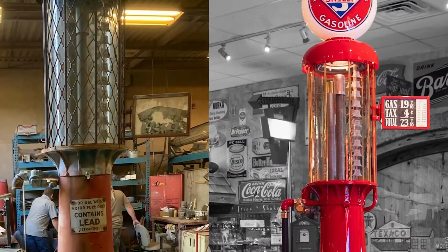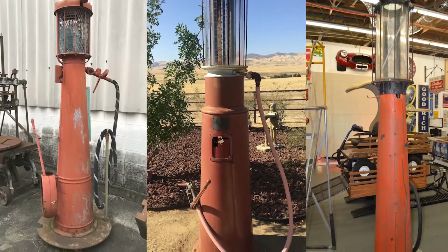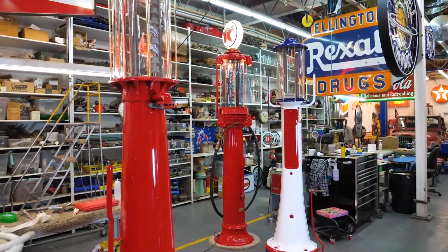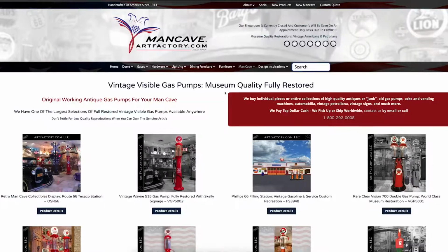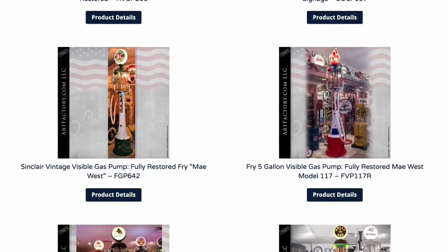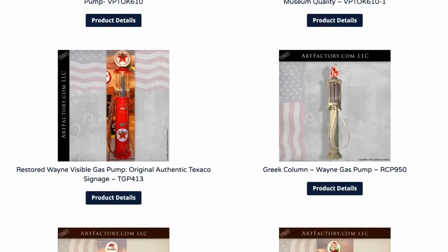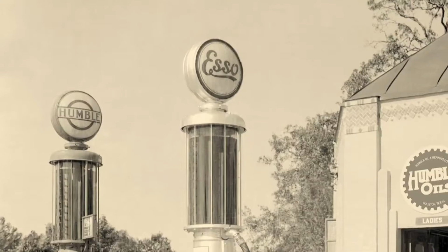Many years ago, we were asked, could you restore a 100-year-old visible barn-find gas pump to museum-quality, world-class fine art standards? And the rest is history. As the hundreds of web pages on mancave.artfactory.com show, we have also become the world's foremost restoration company, producing the highest world-class standards of 101-point state-of-the-art, collector-preferred